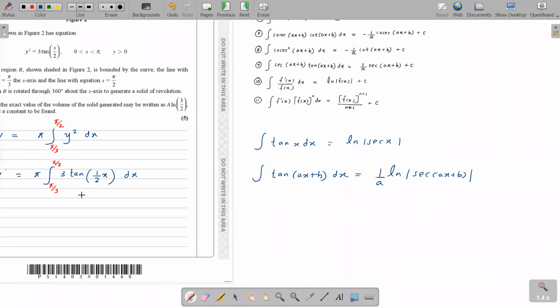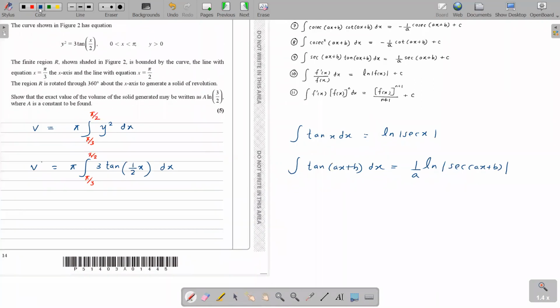So then how does it work here? Volume equals pi times 3. I'll bring the 3 out. 3 is a constant. You can bring it out of the integration. Tan half x. So the a value is half here. Can you see tan half x? A is half. So when you integrate, it's 1 over half. Do you agree? 1 over a. A is half here in this case. My a value is half. 1 over a. So 1 over half. Ln